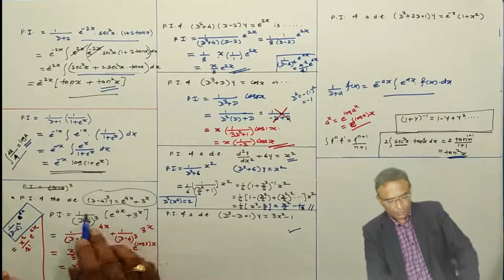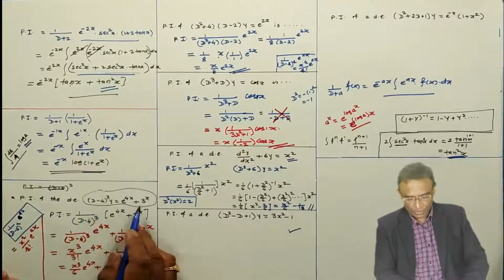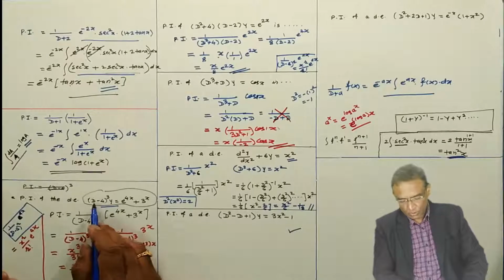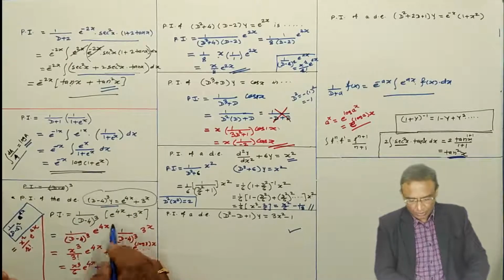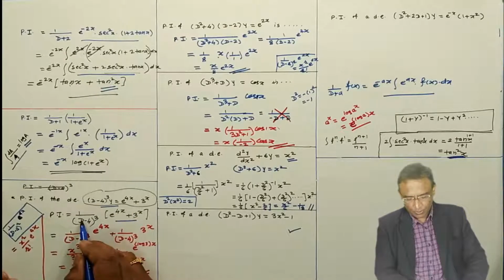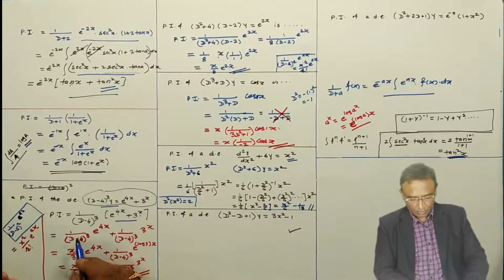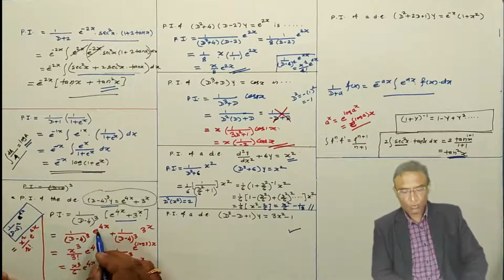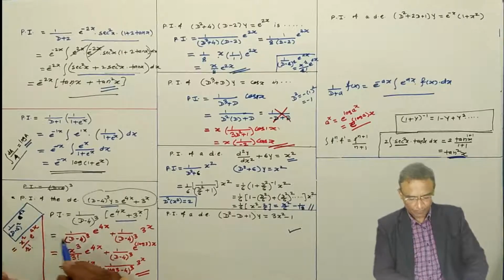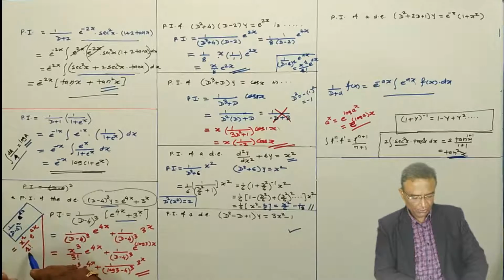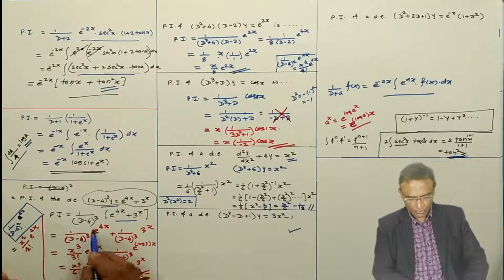This problem, particular integral of this differential equation. Differential equation is given. The particular integral is what? This I am shifting to the right hand side. Here we have two terms: this operator on this one and the same operator on this one. Now 1 by D minus 4 raised to power 3 on e to the power 4x. Use this formula: 1 by D minus a to the power r on e to the power ax is what? x to the power r by factorial r e to the power ax. Here r is 3 and a is 4, like that.